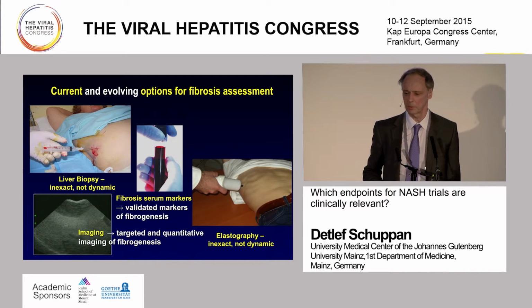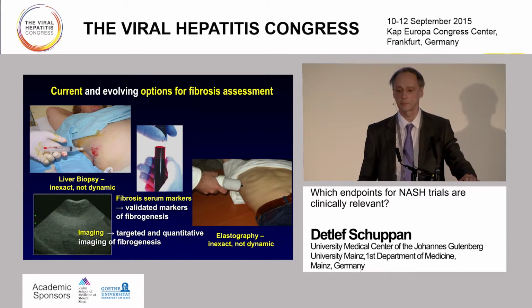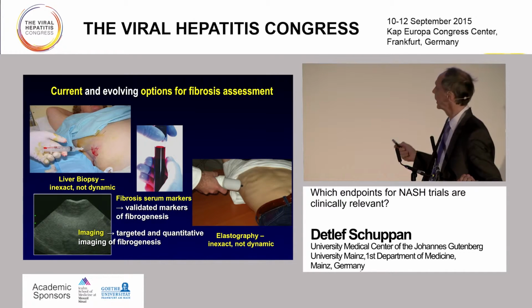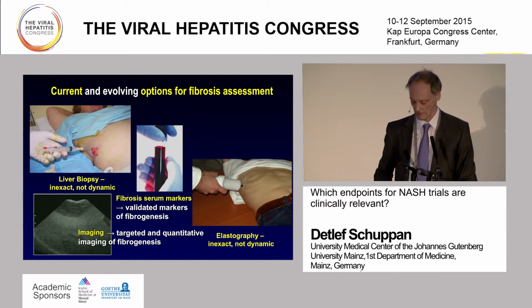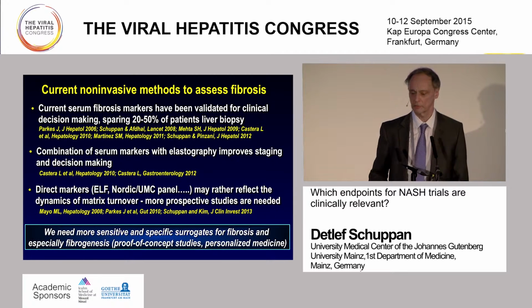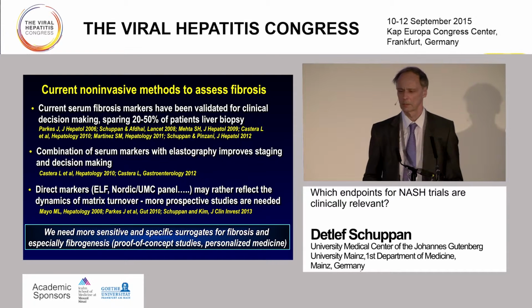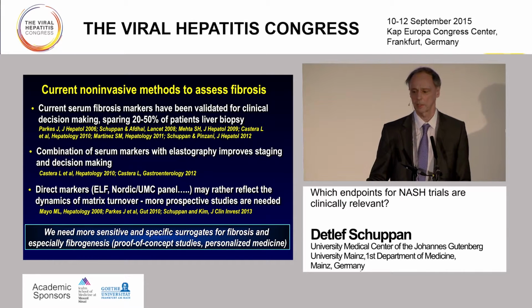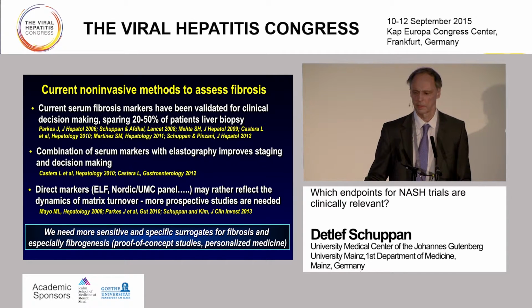So what we would need most is validated markers of the activity of the progression of the disease for short-term follow-up and efficacy assessment of drugs. And we would ideally also need some kind of gold standard, a quantitative imaging of the activity of the fibrosis progression. So if you just summarize in a single slide what is the current state of the art. The current serum fibrosis markers have been validated in large clinical studies, mainly for chronic hepatitis C, against liver biopsy as a static, so-called tarnished gold standard.